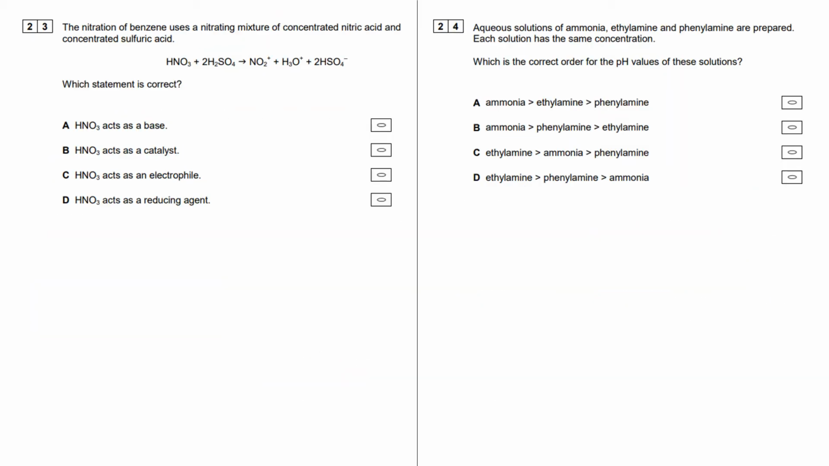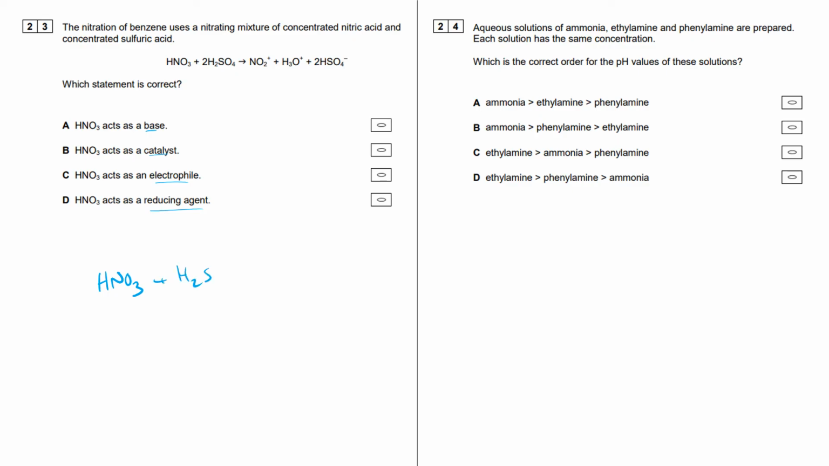Question 23. The nitration of benzene uses a nitrating mixture of concentrated nitric acid and concentrated sulfuric acid. Which of these statements is correct? So in this equation we've got nitric acid acting as a base. Is it acting as a catalyst? Is it acting as an electrophile, or is it a reducing agent? So this specific equation,